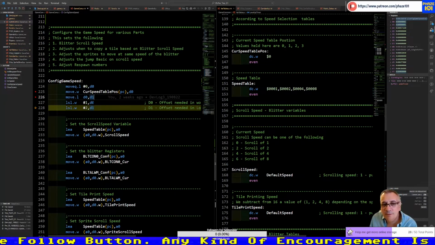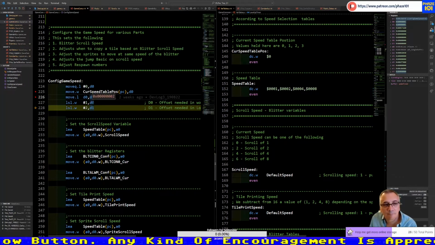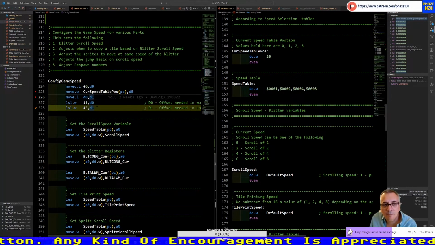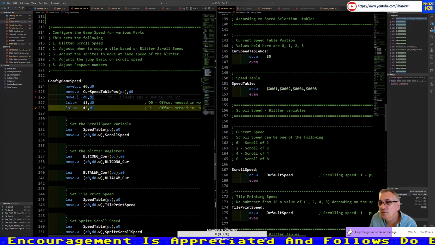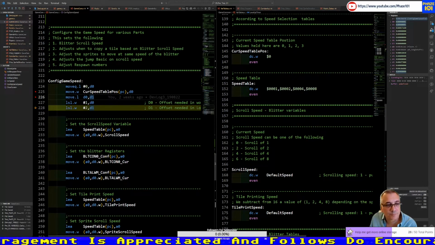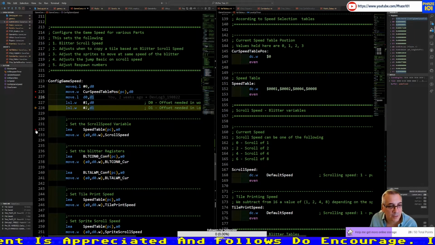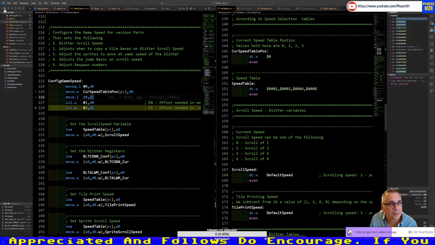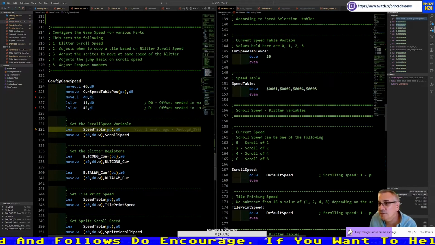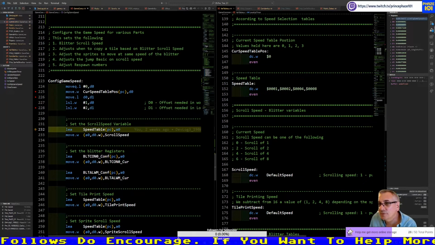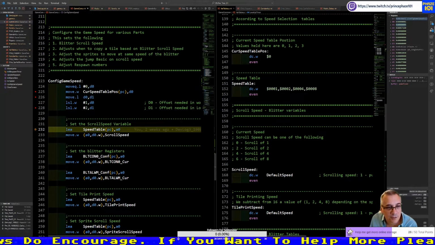Then we multiply it. So 0 becomes 2. Okay, let's put a breakpoint here and execute it there. So the 0 is 2, the 1 is 4. Okay.